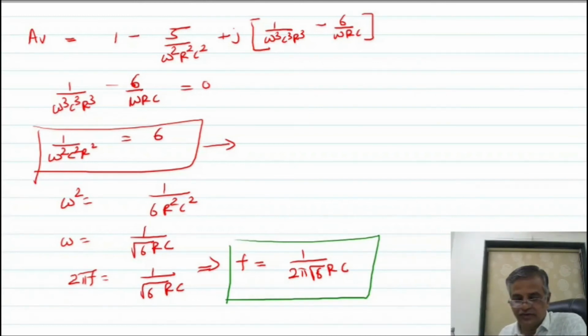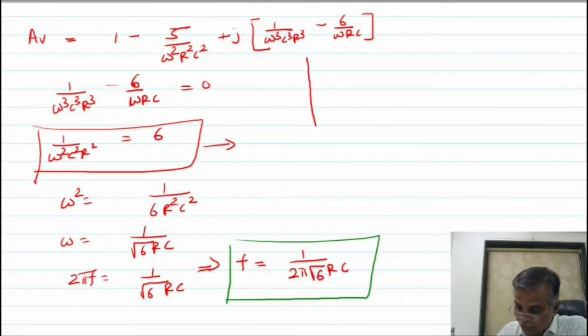See, this is what we did. We derived the equation of gain. This is the imaginary part, this is the real part. Loop gain should be real for the sustained oscillation. There should not be any imaginary part, so this imaginary part should be 0. Imaginary part always indicates the phase, so there is no phase. So phase should be 0. If this is 0, from this I will get this equation of omega square. This is the equation of the frequency of oscillation of the RC phase shift oscillator.